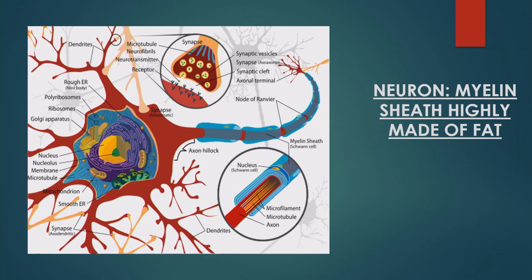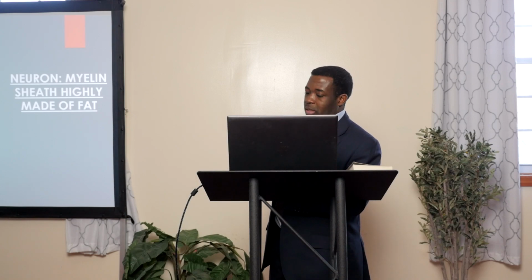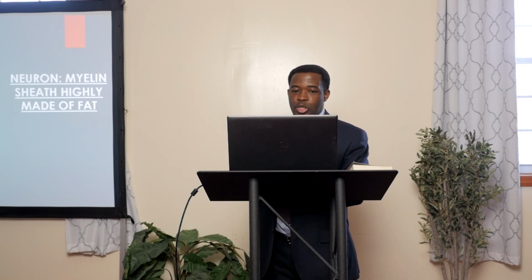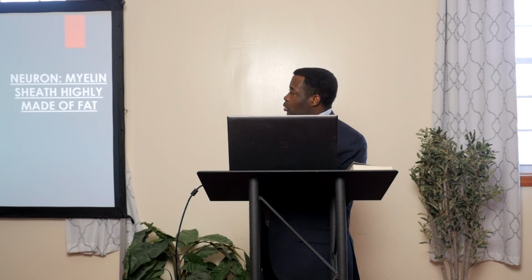This is how neurons look like. And why am I showing this? Because there's something important here to look at, beside the whole nucleus that is there. We need to look at something very important, which is called the myelin sheath, highly made of fat. And I'm going to pause here a little bit before I continue, because most of the brain problems, based on what I have shown previously, if you want to deal with any disease, let's say we talk about Alzheimer's, you need to know you are dealing with the cell membrane. We need to deal with the cell membrane,